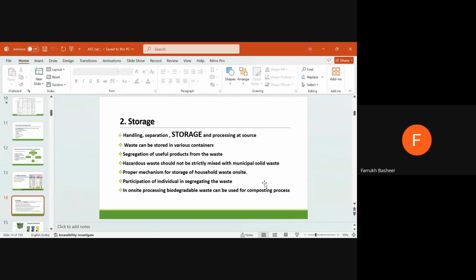जो कंटेनर्स कलेक्ट करने आते हैं उन पर भी लिखा रहता है वेट वेस्ट और ड्राई वेस्ट, सूखा कचरा, गीला कचरा. तो गीला कचरा means organic waste that can be reduced in the form of, and it